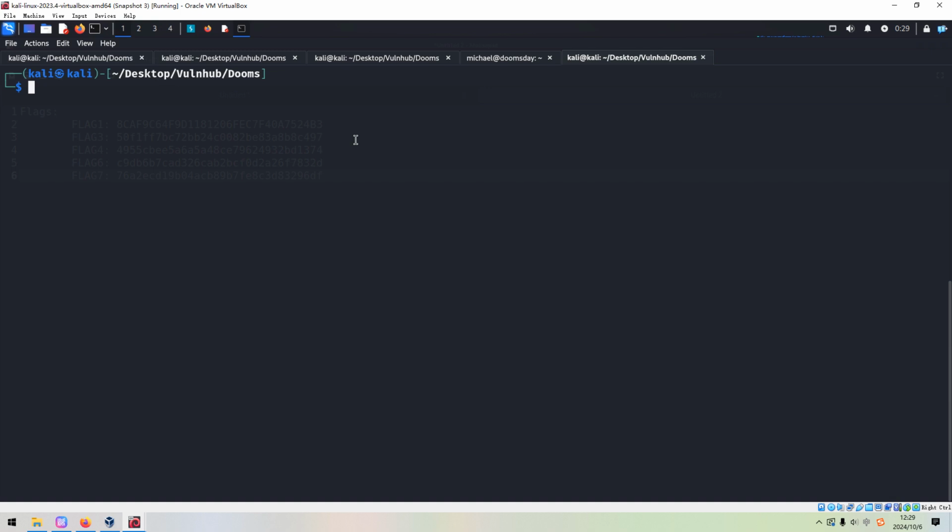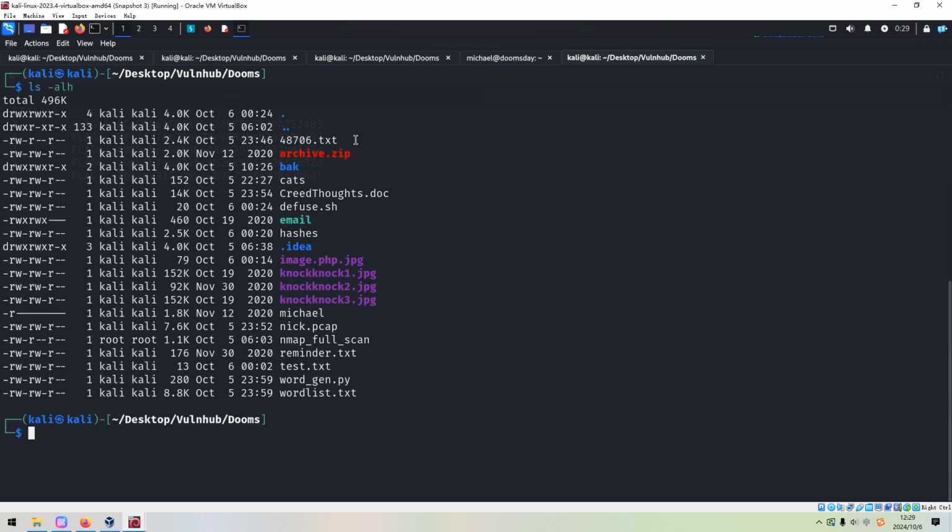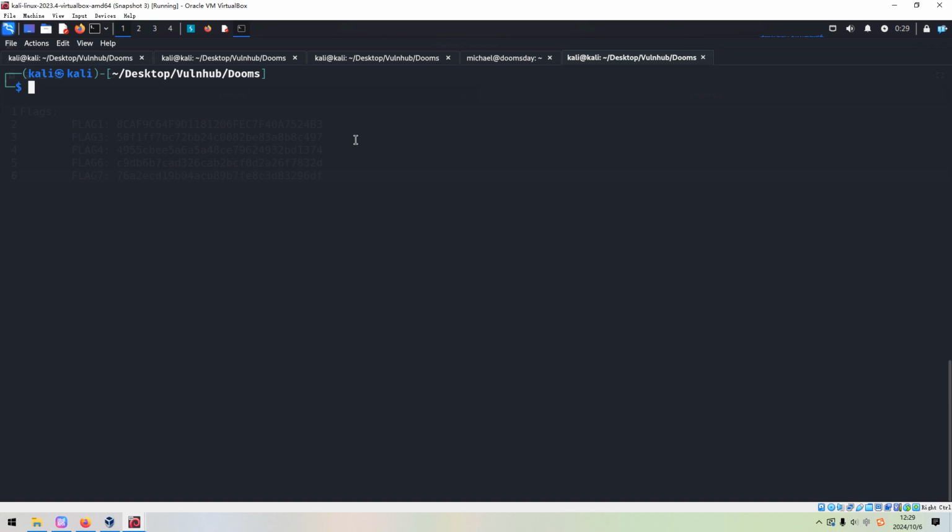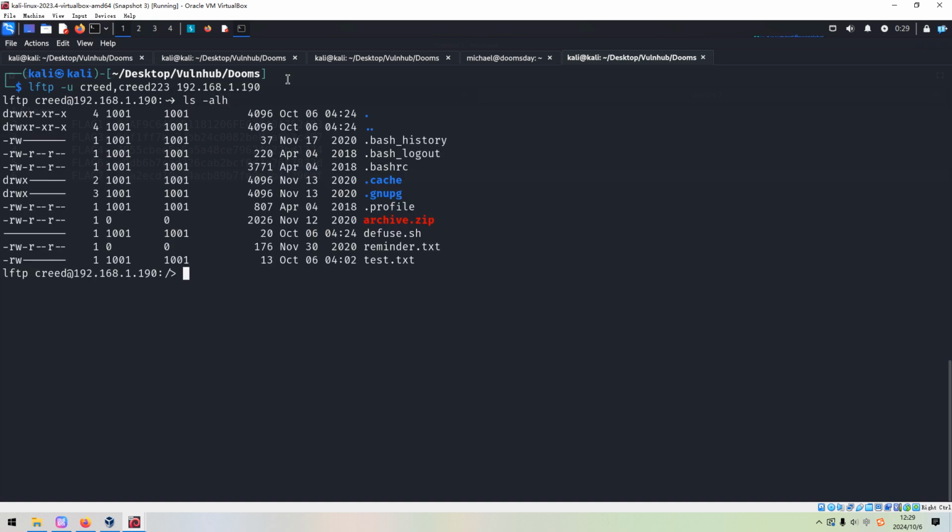So for now, of course, I think we can create another shell script. Okay, so now we can use LFTP, with the option -u to specify the username and password. And now we can put the diffuse, no problem, and then change mode.